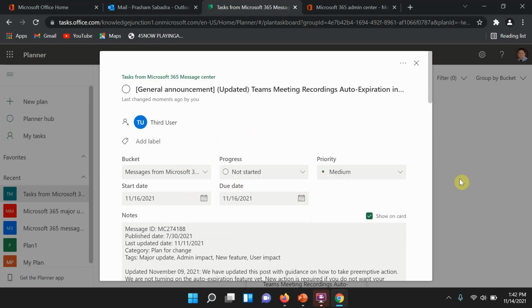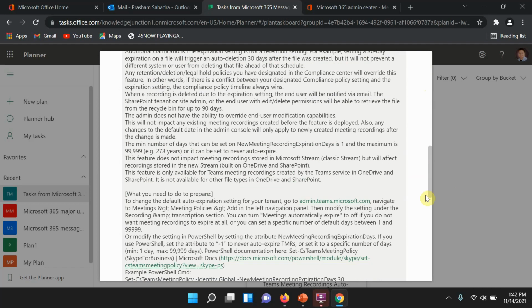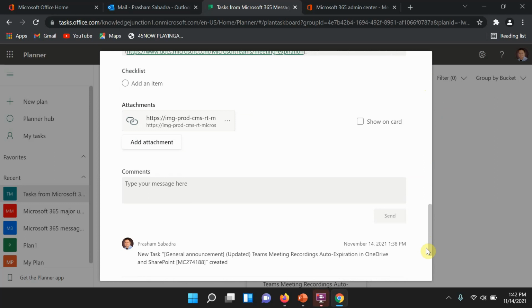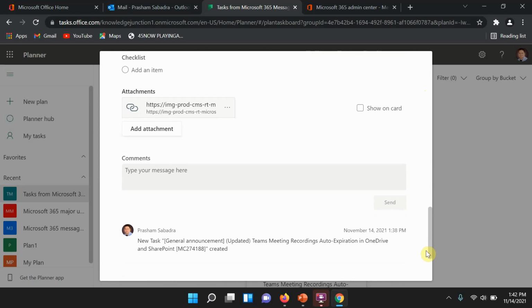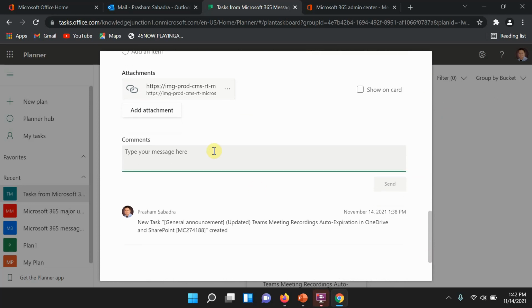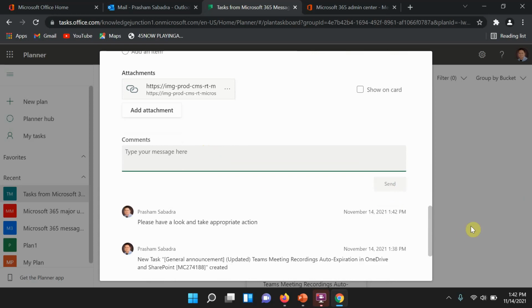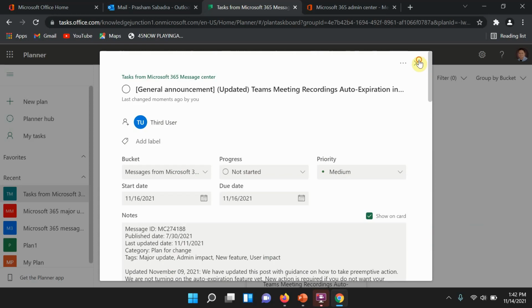The image is added. Take appropriate action. Save.